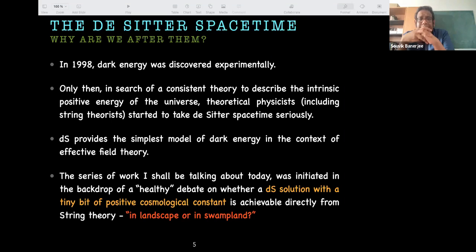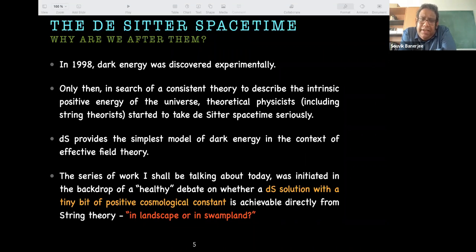Theoretical physicists, including string theorists, started to take de Sitter spacetime very seriously. De Sitter basically provides the simplest model of dark energy in the context of effective field theory. This is a spacetime with constant positive curvature. And in this series of work, I shall be talking about